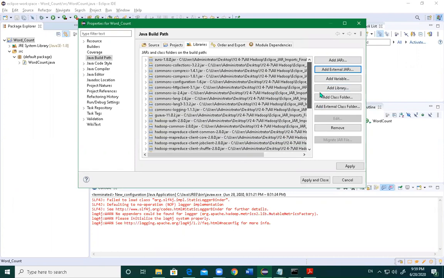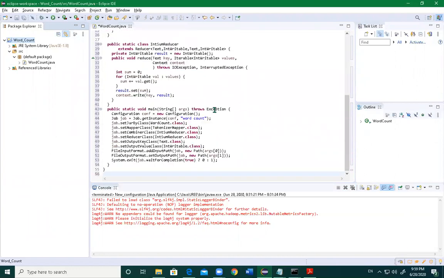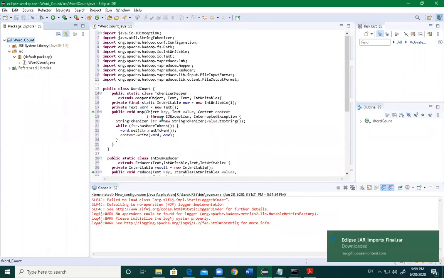required for this. Now, what are these files? These are the jar files which connect Hadoop to Eclipse here. These are the dependency jar files for Hadoop, which are compulsory to add here. And then apply and close. Now you can see that all the errors are removed here. The program is absolutely compatible with the jar files. It is connected here.